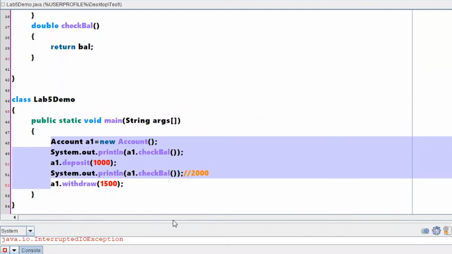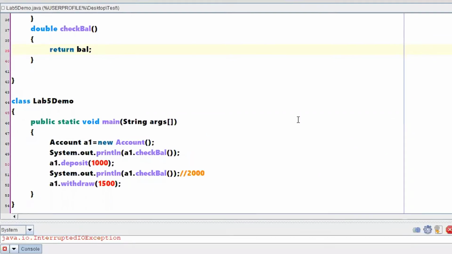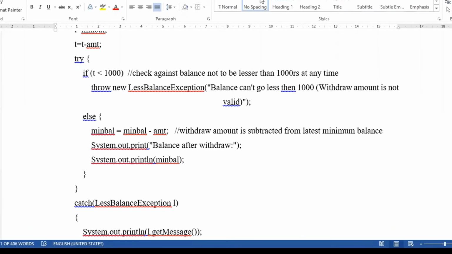I'll display the program for you, and you can cross check; the variable names might be different. Here I have taken the balance as bal. In the lab manual they might have taken a minimum balance, that is minBal, right? So I'll display that particular document. You just go through that document. If you have any questions, you can ask them. We'll display it part by part.